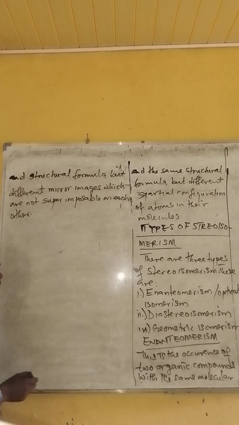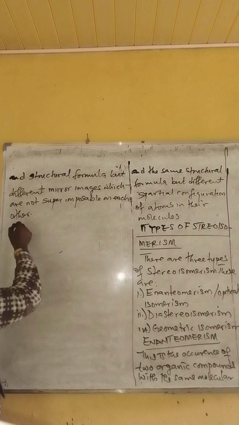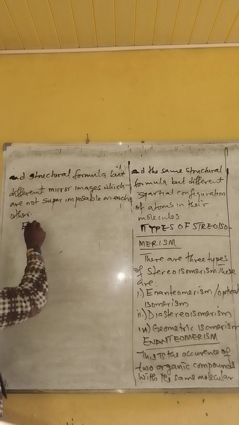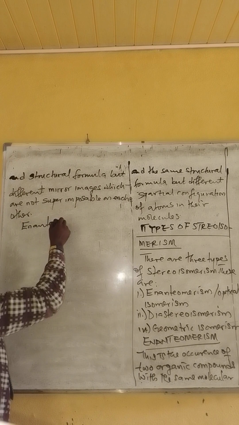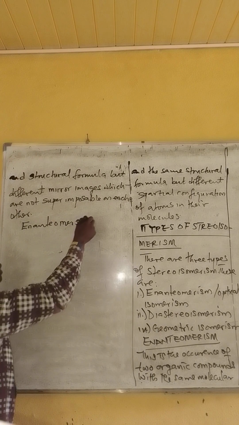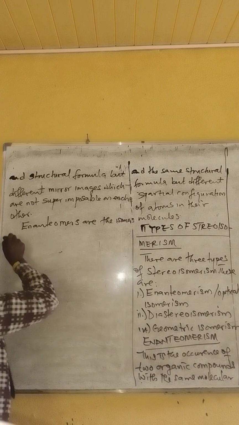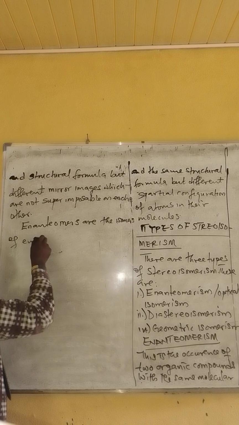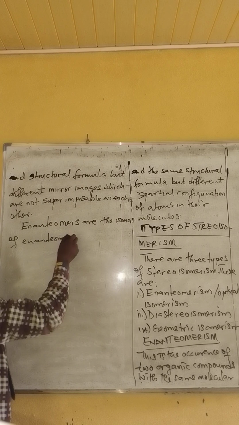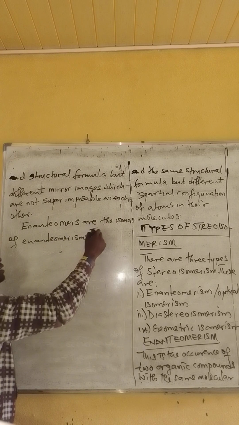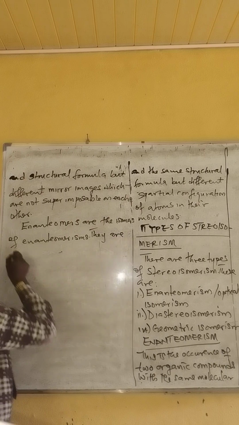What do I mean? So now, enantiomers are the isomers of enantiomerism. They are often said